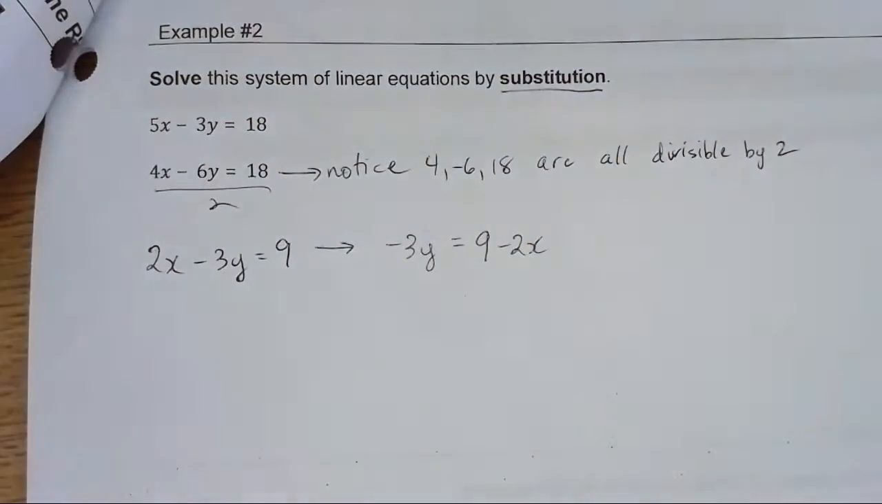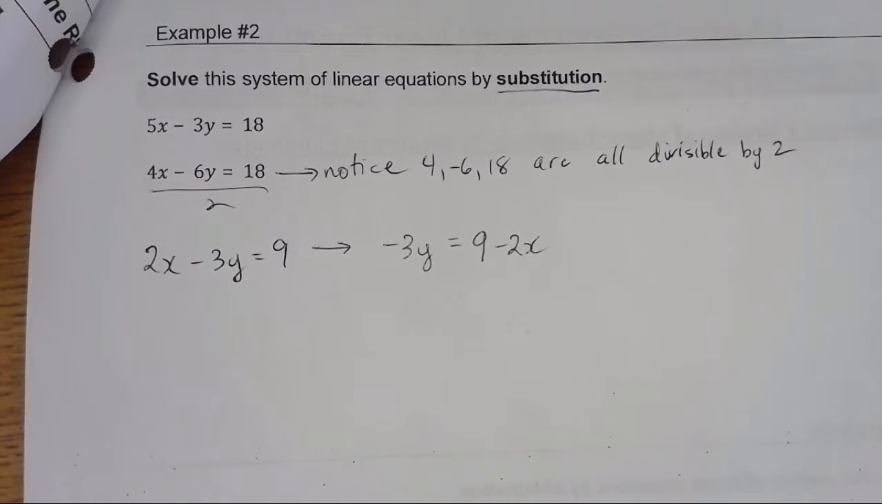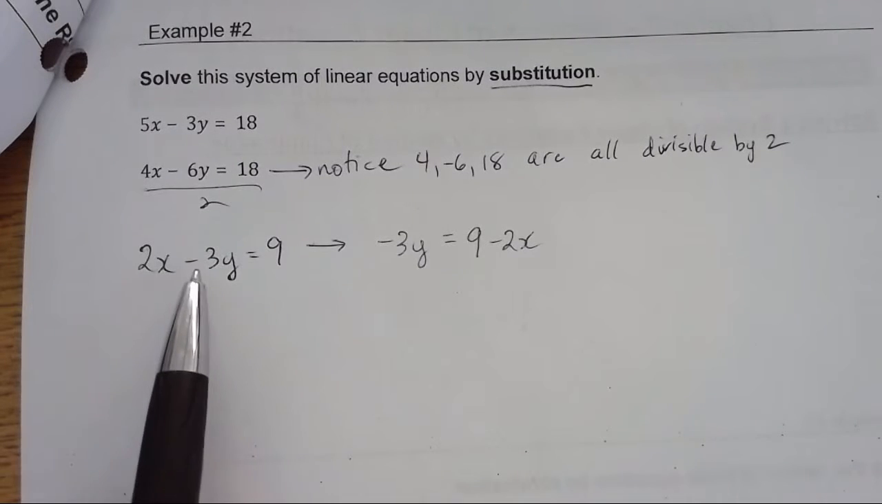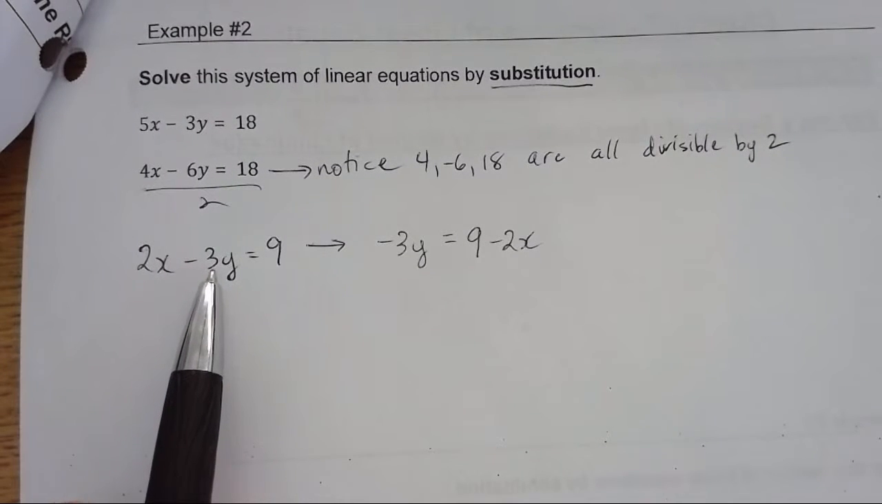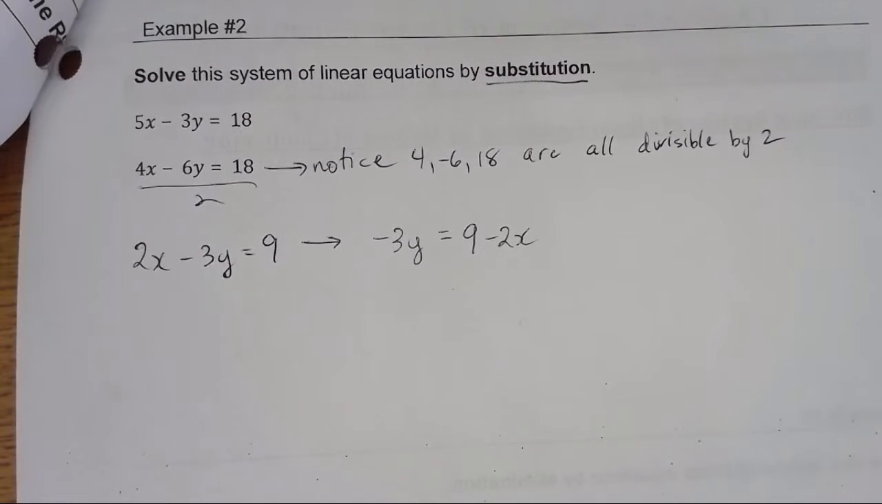Hopefully everybody understands what I just did there, right? I minus 2x from both sides of the equation. Wouldn't that be incorrect? No, that's exactly correct. This negative belongs to this 3. And to isolate this term, I minus 2x from both sides. Now, I can substitute